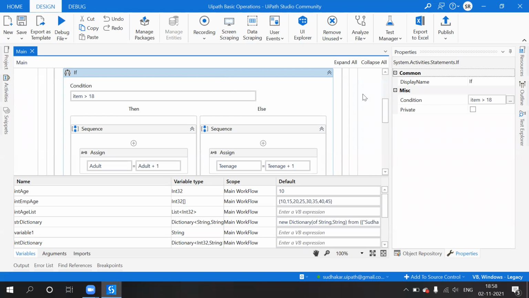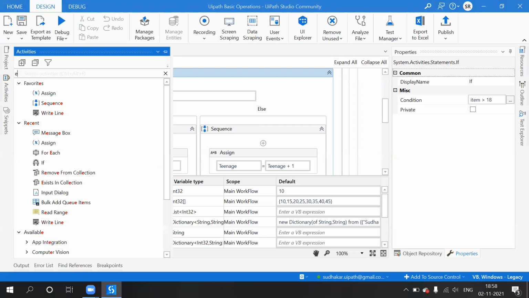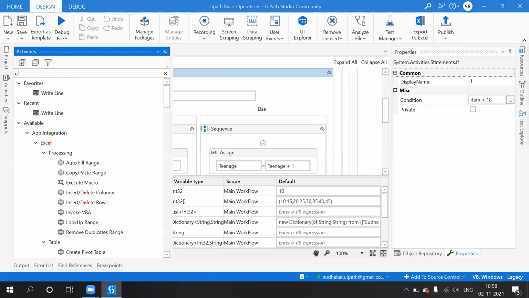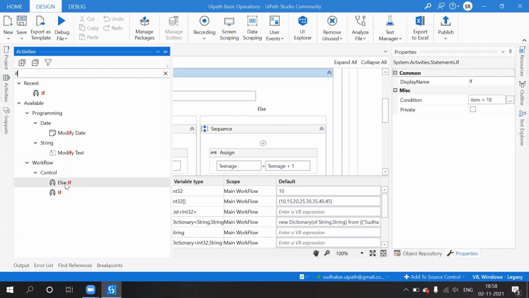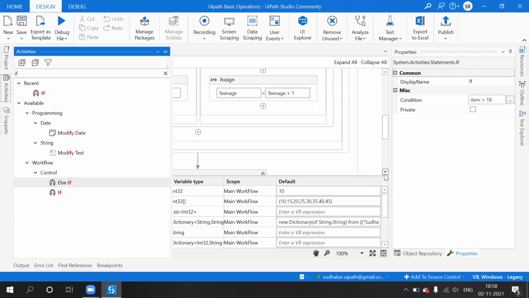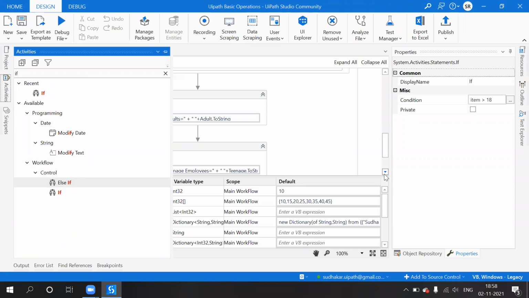Okay. And at the same time we have if, right? What is this? Else if. What does it denote? Else if is nothing but, see, we have seen if the condition fails.